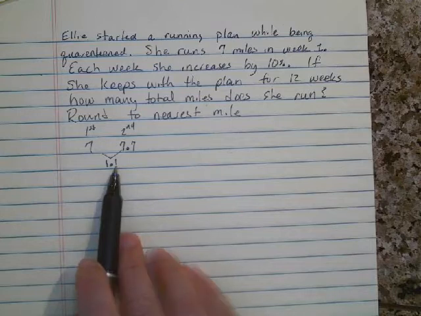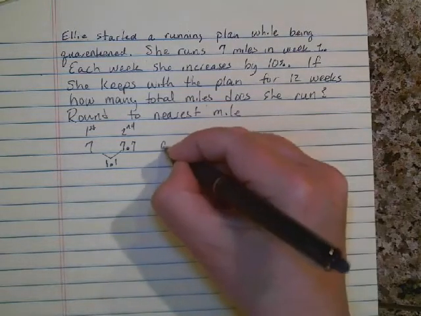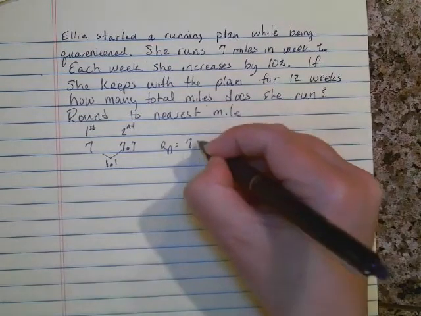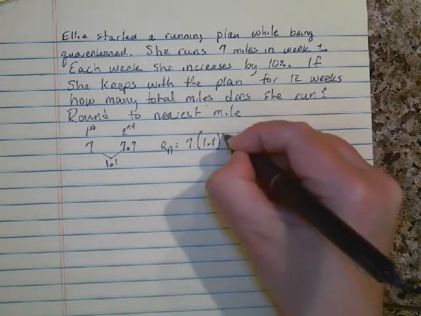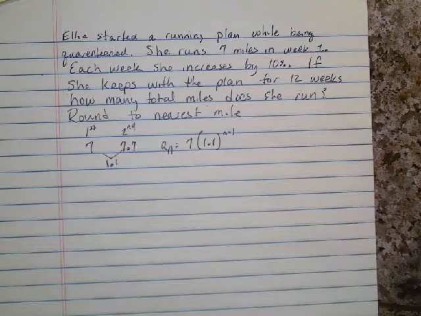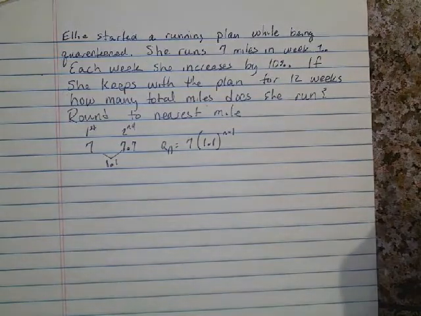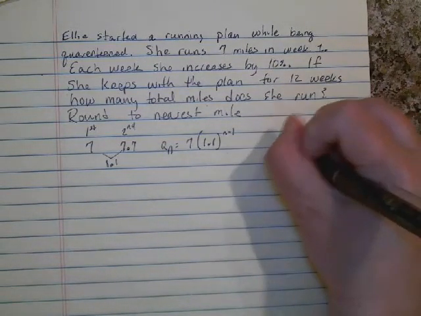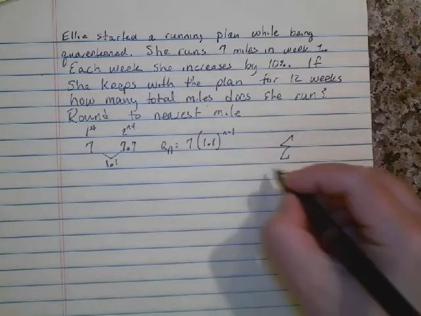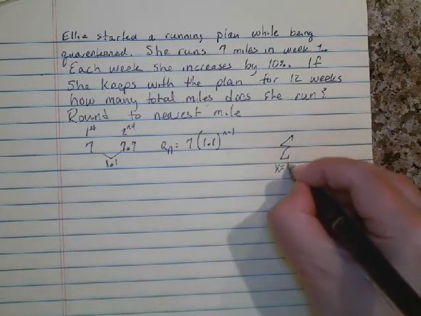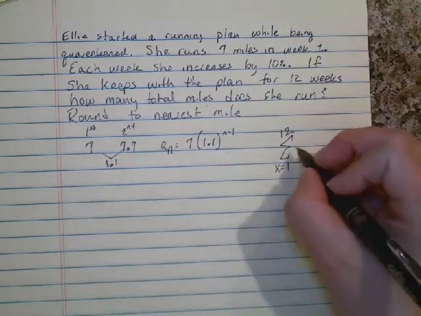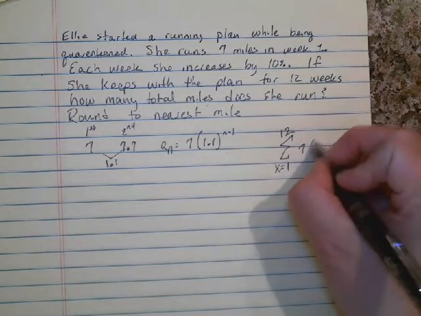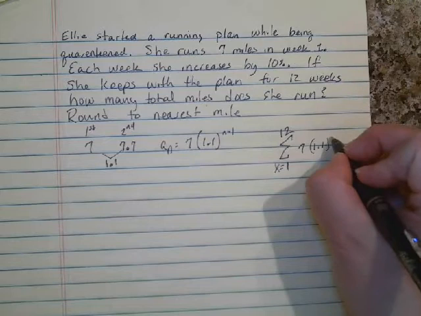So in this case, our rule is 7 times 1.1 to the n minus 1 power. So if we want to find out how many miles Ellie runs, we're going to use summation notation. She's going to go from week 1 to week 12, and then the rule is 7 times 1.1 to the x minus